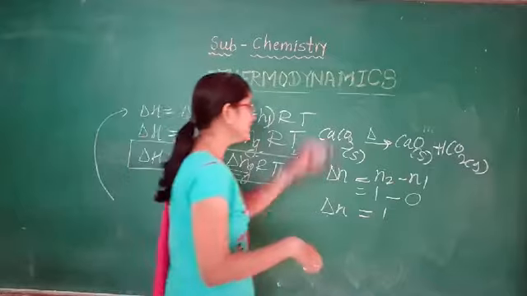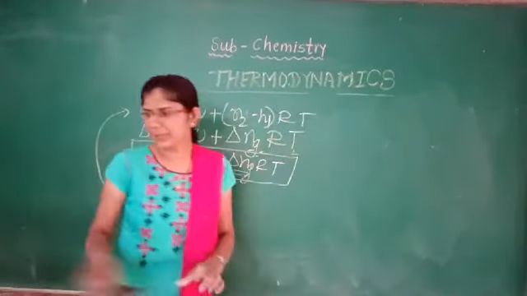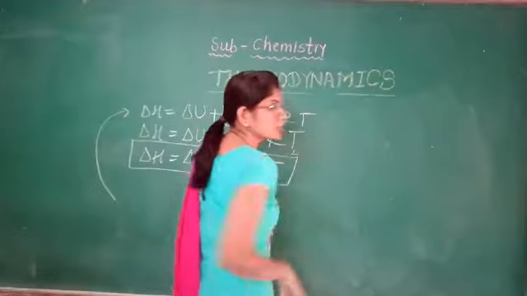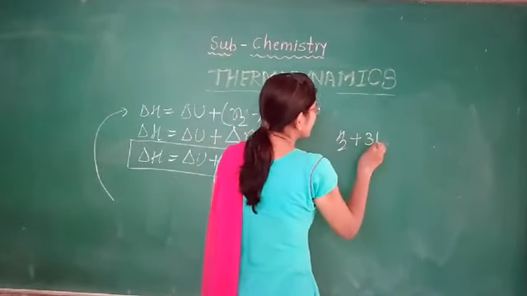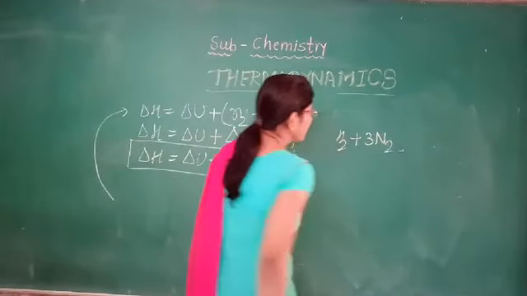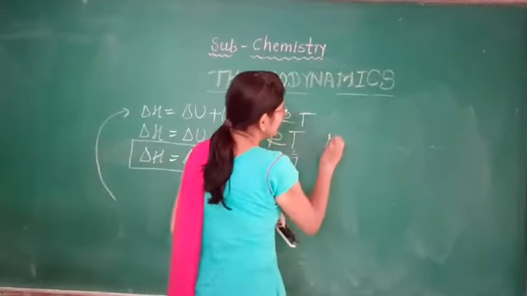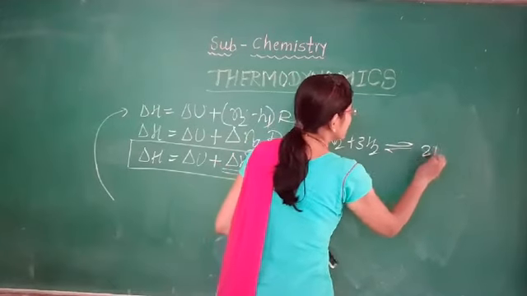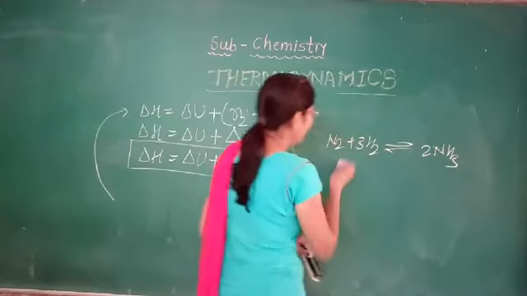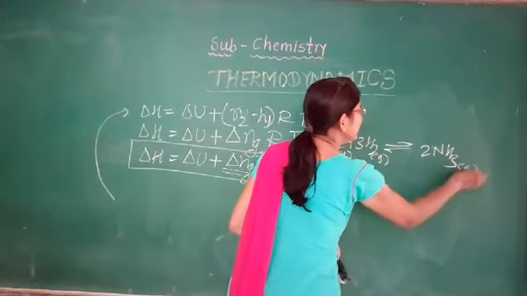Suppose we have a second example. आता आपल्याकडे दुसरं एक्झाम्पल आहे ते आपण बघूयात. Formation of ammonia gas: N2 plus 3 H2 gives 2 NH3, and all the reactants and products are present in the